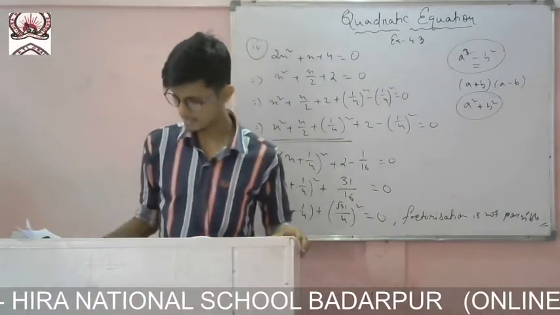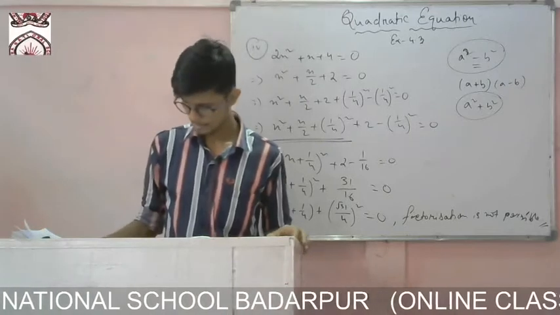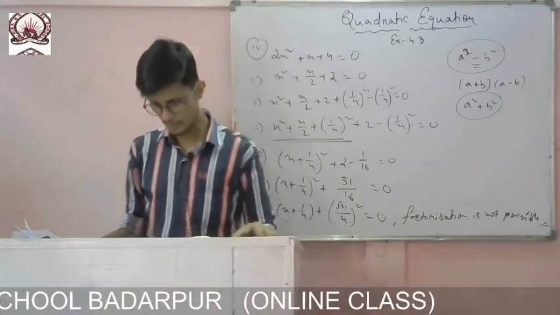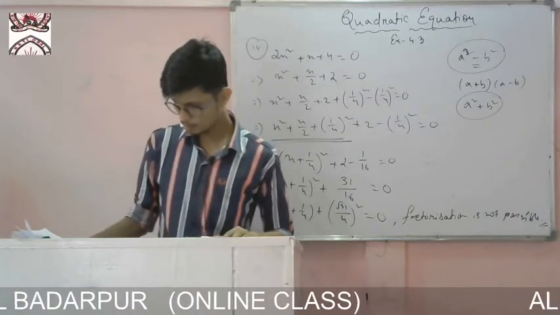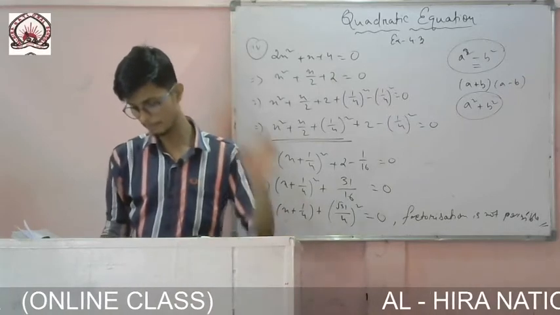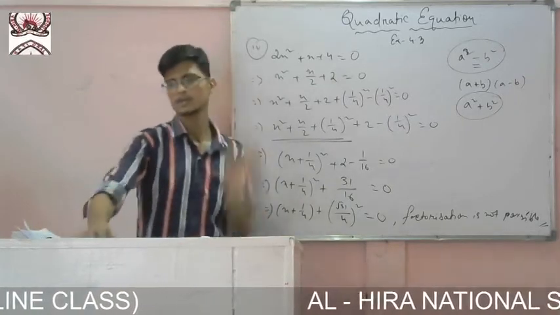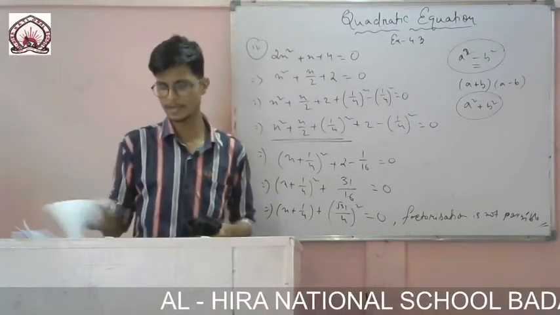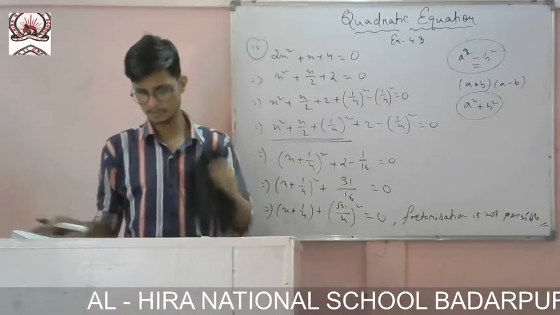Roman number 5 and 6 are the same. You try it. Next one, question number 2. Find the root of the quadratic equation given in equation 1 above by applying the quadratic formula. You are to use the quadratic formula and find the roots. So quadratic formula, which one? First of all, let me discuss.